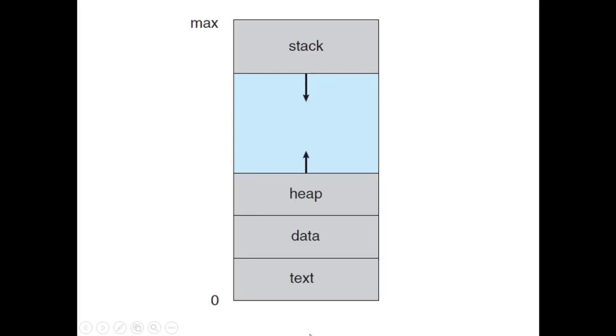So this is how a process looks like, the process structure. So 0 to max is the address space of a process. Every process has its own address space. So this is the address space of a particular process. And apart from that, we have these text, data, heap, and stack sections. So for now, we'll just ignore these directions. We'll deal with heap and stack in the next video in more detail. So as of now, you can think of stack as growing downwards and heap as growing upwards. We'll deal with this in more detail in the next video.